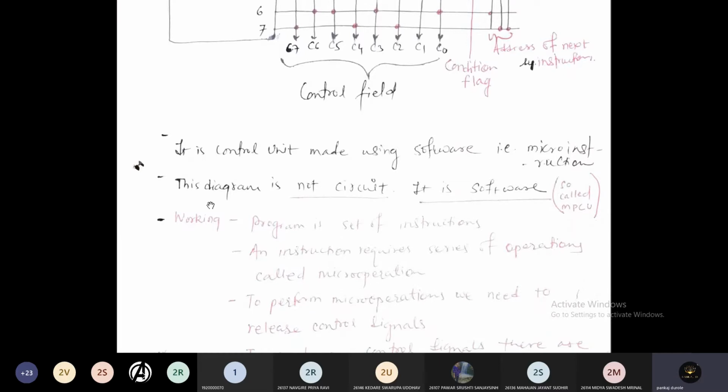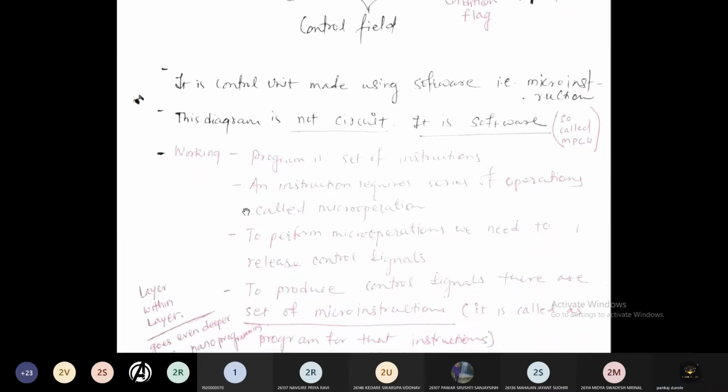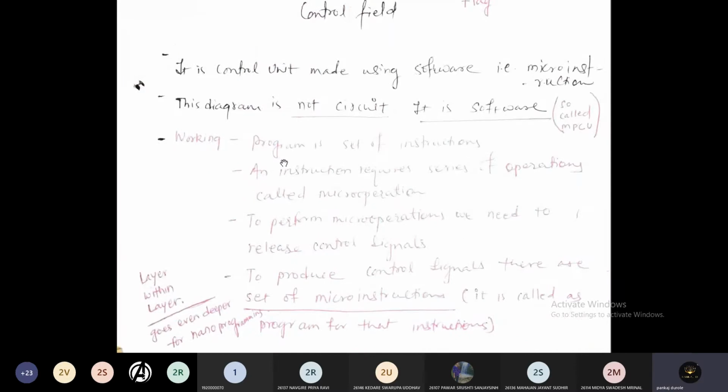So how does it work? As we know, a program is a set of instructions. An instruction requires a series of operations called micro operations. To perform the micro operations, the control unit needs to release the control signals.